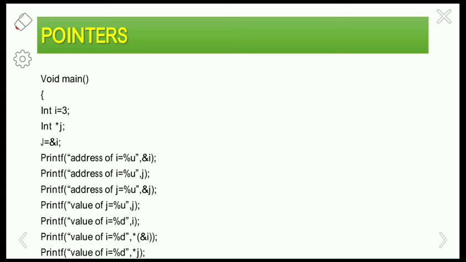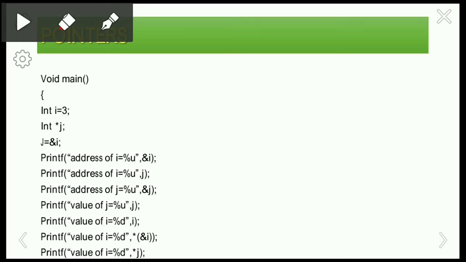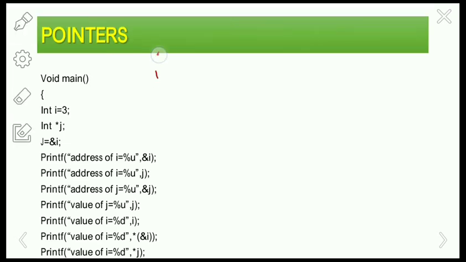Next we will see a small example regarding the basic pointers concept. I am taking the variable i with the value 3. Let us suppose the address of i is 1000.